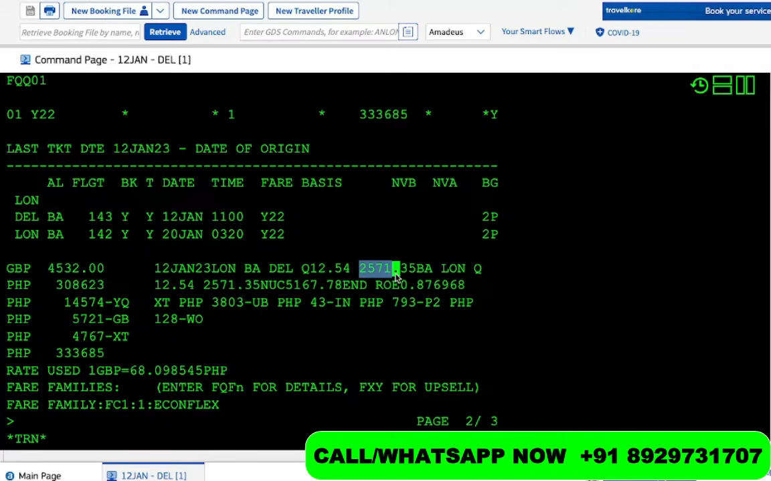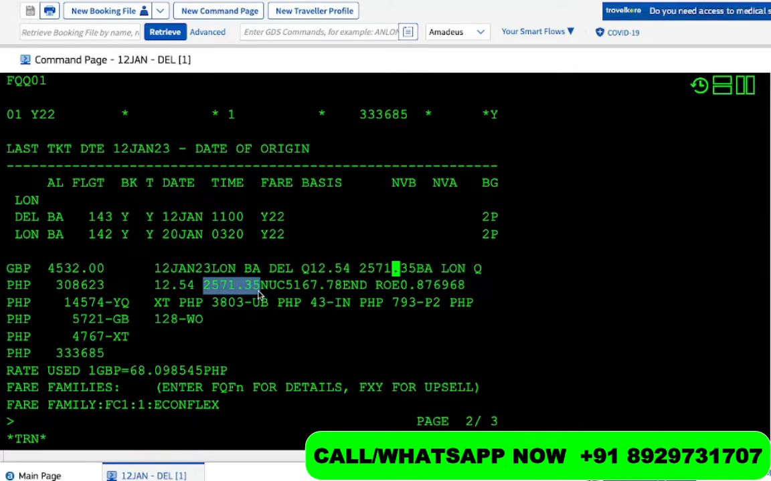So that is why you will find this amount generally equivalent to USD. So 2,571 is the base fare from London to Delhi, this flight. And back from British Airways, from Delhi to London, the queue surcharge is 112.54, and